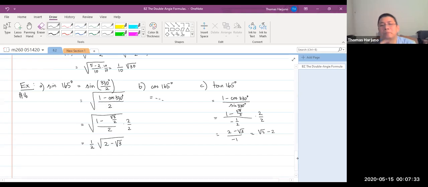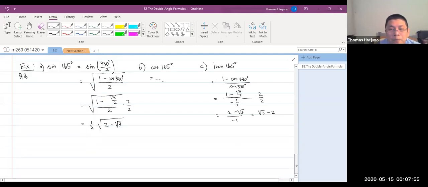Okay. And by the way, tangent 165 is in quadrant 2. So radical 3 minus 2, if you use a calculator, you will find that to be negative. Okay. Now, furthermore,